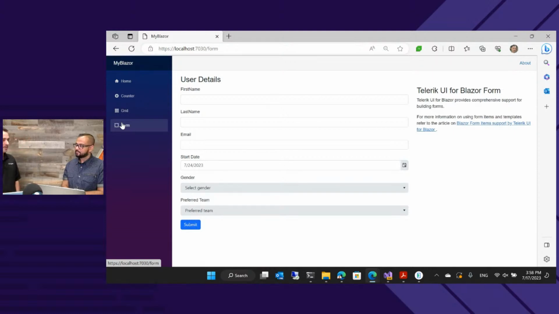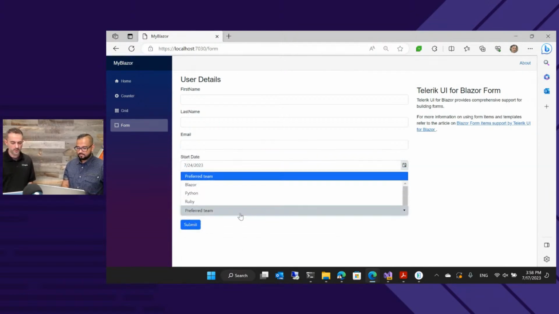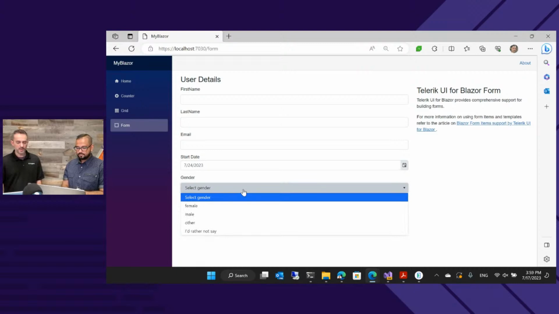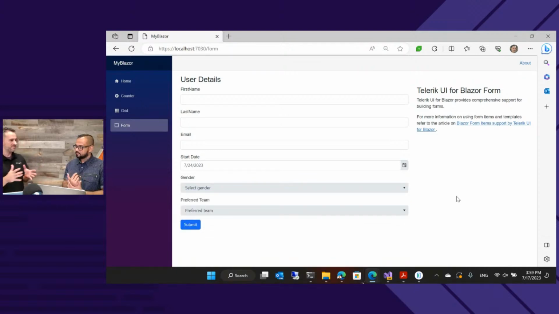What's nice about the forms with Blazor in Telerik UI is I can pass it a model, and it can output a form based on that model for most things. The drop-down boxes, however, it can't auto-generate yet, but it can auto-generate things like text inputs, numeric inputs, date inputs, Calendar, stuff like that. But you can mix. You can say generate everything from the model, and what doesn't generate, you just add. So you can have a mixed mode there. It's not all or nothing. So that's really cool. But drop-down boxes, that's not really a friendly thing to mobile, right?